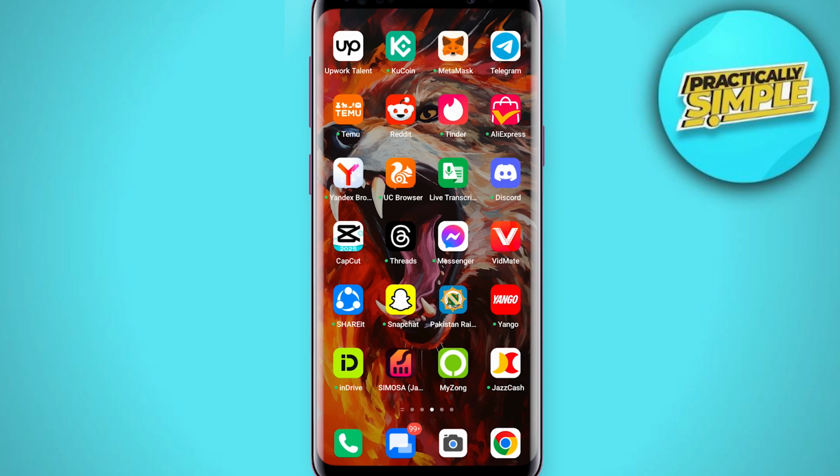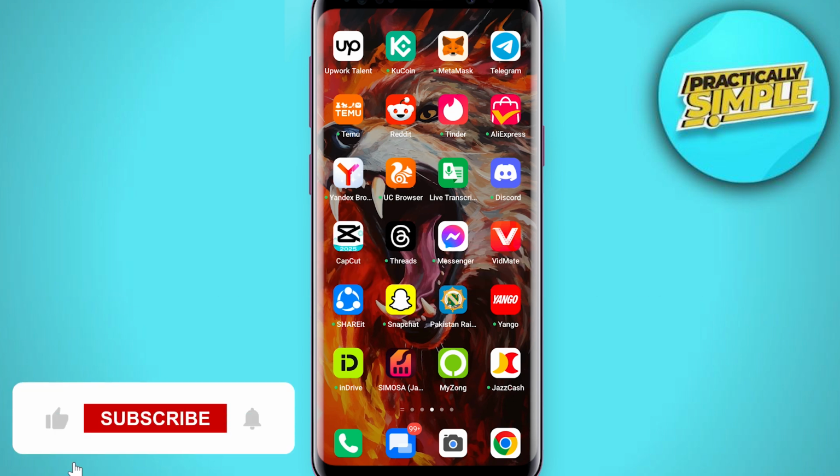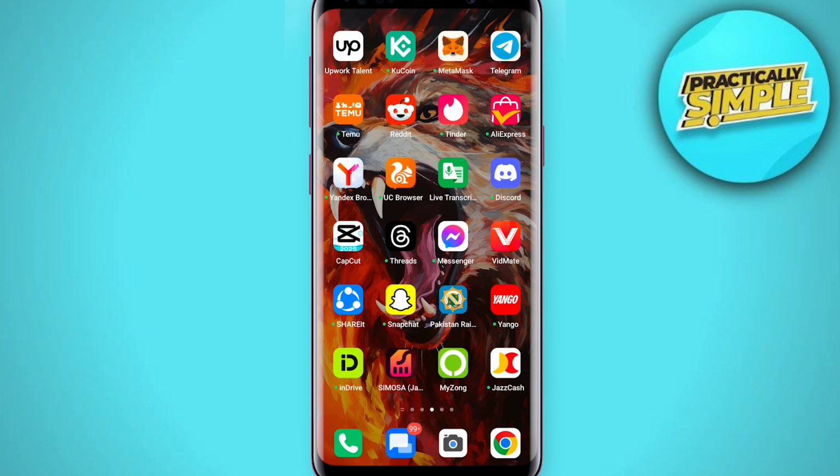In today's video, I'm going to show you how to turn off read receipts on Telegram. Basically, read receipts is last seen and online status. So if they want people to know when you are last online on Telegram and when you are online,